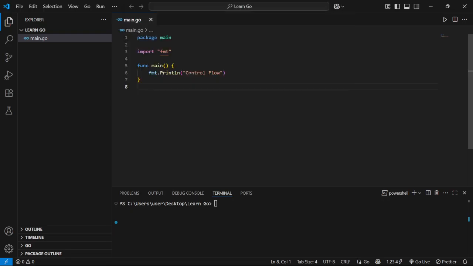Hey guys, so today we're going to look at the control flows. So we're going to start with the if statement, the if else statement. Of course, we're using Golang. So when you're doing an if else statement, of course, you have several options, but I'm just going to start by